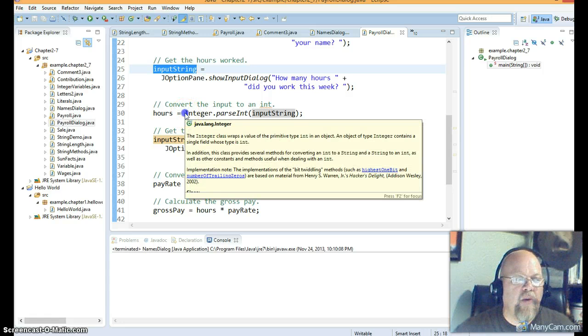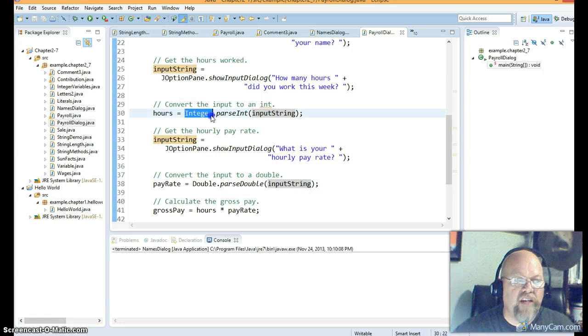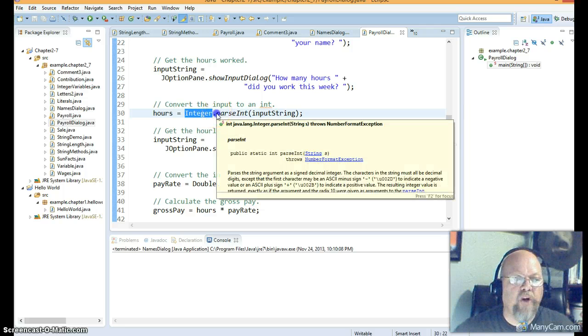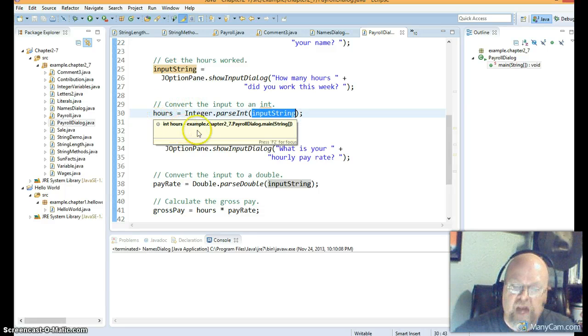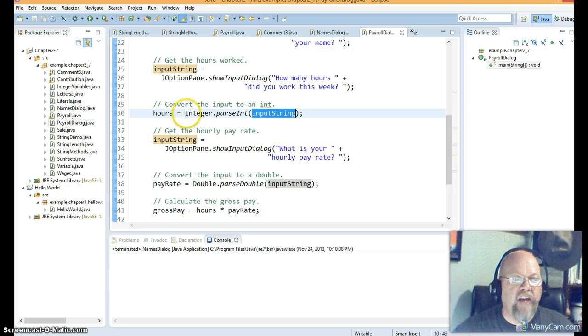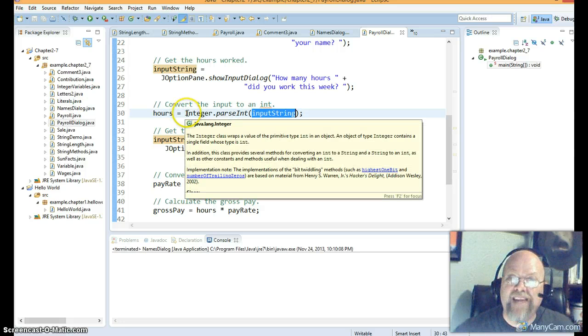So I'm saying I want to convert this to an integer data type, dot parseInt, and then input string. So I'm parsing a string, converting it to an integer, and putting it into this variable called hours. So I say the actual primitive data type with an uppercase and I spell it all the way out. In this case it's an